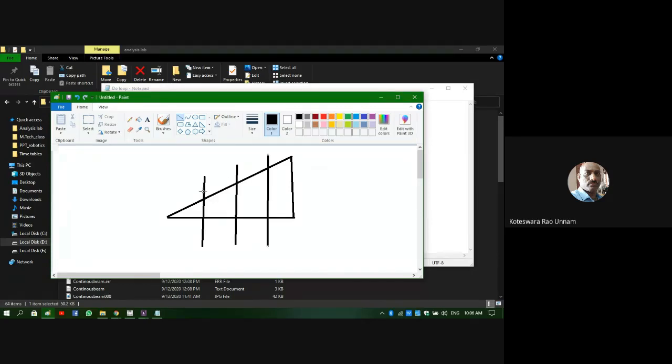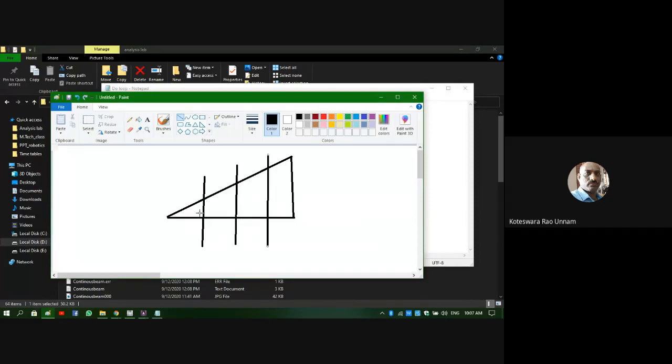See, now the total 30 kilonewtons per meter is there, but I am dividing that into an equal number of divisions, right? So how much do I get for each division? If I divide this into 4 parts, it is 30 by 4. So for each element, the increment is 30 by 4. Is it okay? Yes, sir. So here 0, and here what is the load? 30 by 4, that is 7.5. Then here it is 15, here it is 22.5, here it is going to be 30, right?